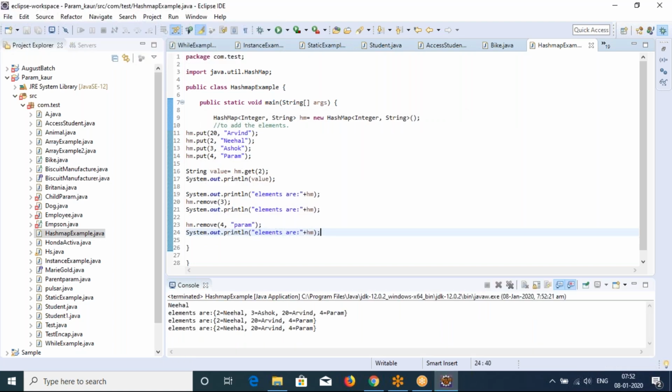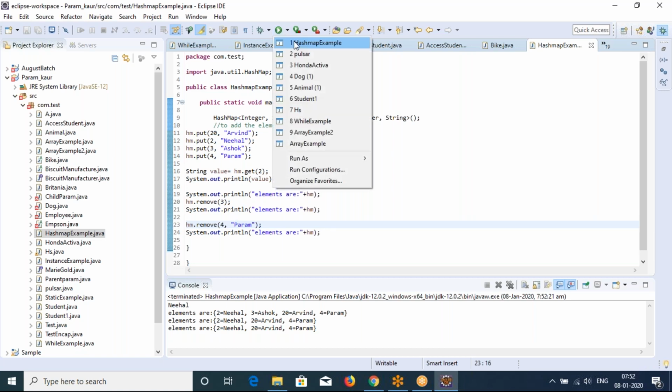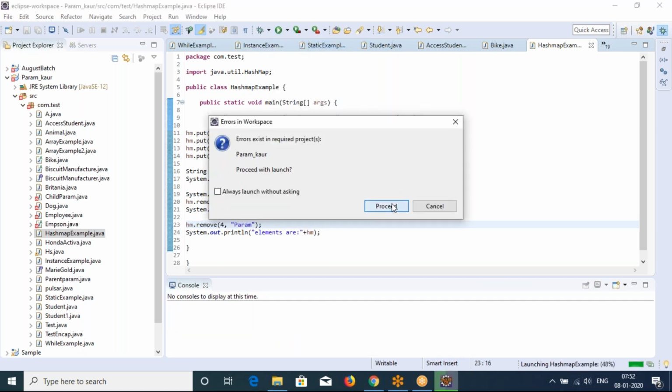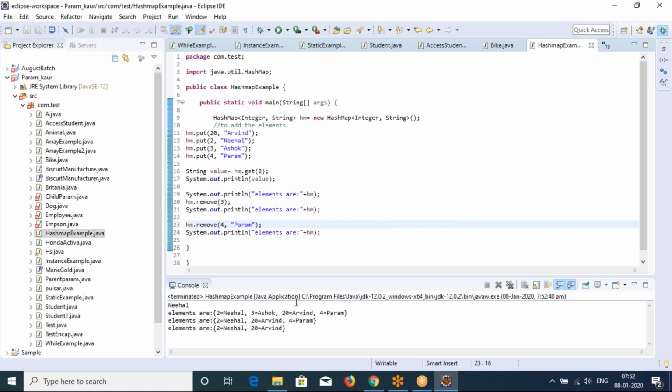Hey, not remove one. Actually, I have given wrong. This should be caps. Yeah, remove. Okay.